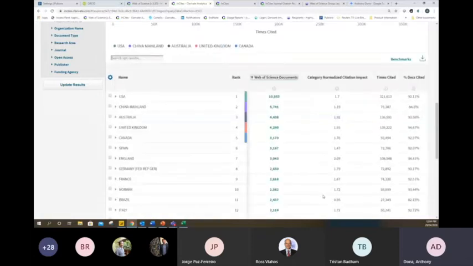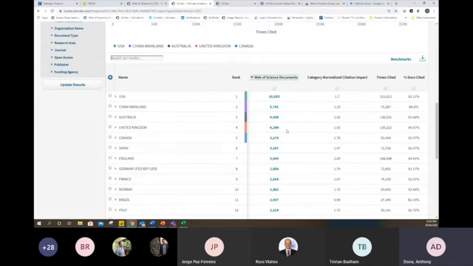So the USA has contributed most of this research to this goal, followed by China, followed by Australia. So life below water, as you can imagine, a lot of Australian organisations are in aquamarine research. And so we're actually the third biggest producer by country of this content.